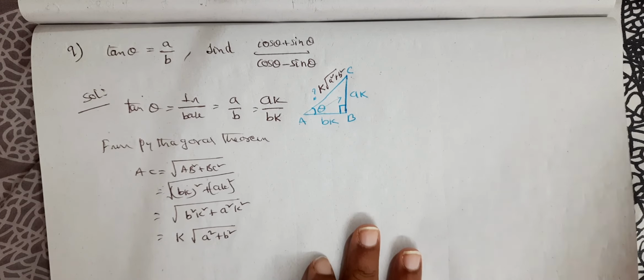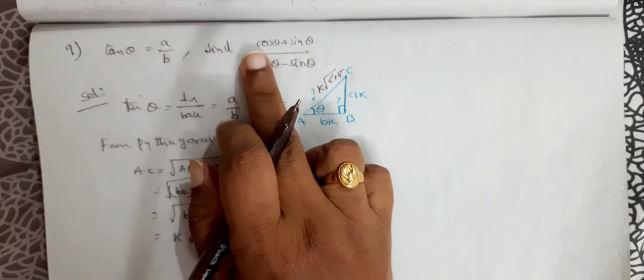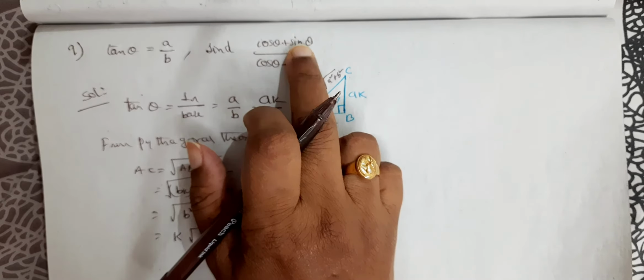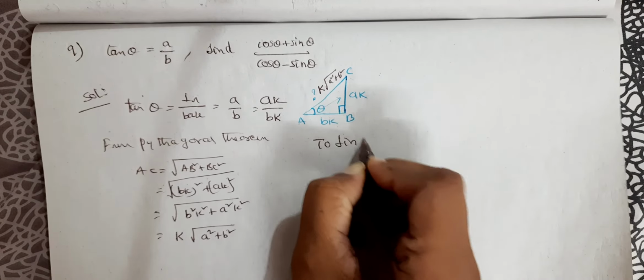We know all the three sides of the given triangle. Our job is to evaluate this expression. Now if you observe the expression which we have to evaluate, we can easily identify that we need to know sin and cos values. So therefore now we will find those.